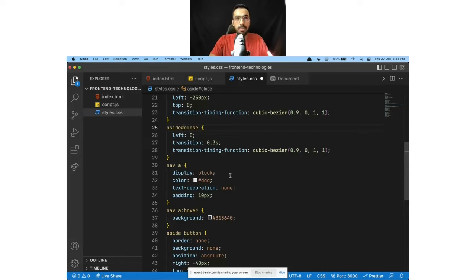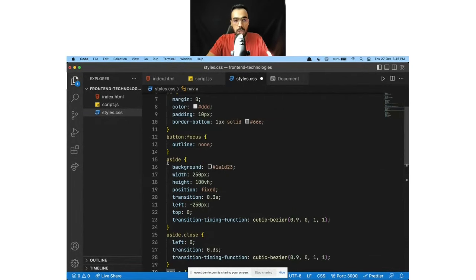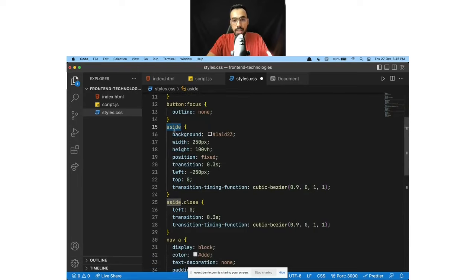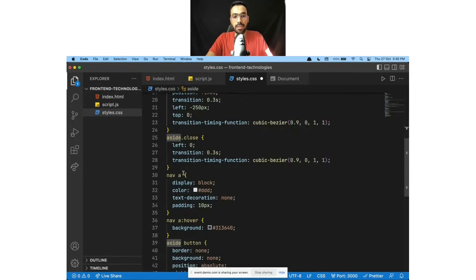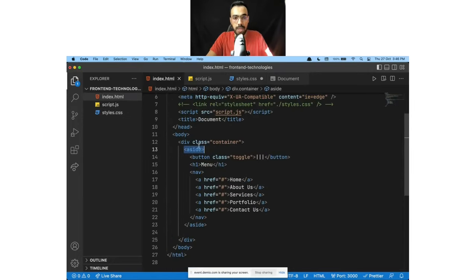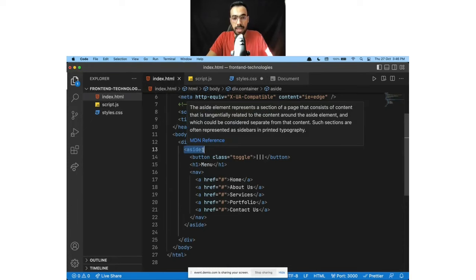If it's the name of the element, we don't use any symbol at all. So for the nav, we're not using any symbol. For the aside, we're not using any symbol as well. So this is targeting the name of the element. Now this is targeting the same element, but only if it contains the class close, right? So the aside right now doesn't have any close